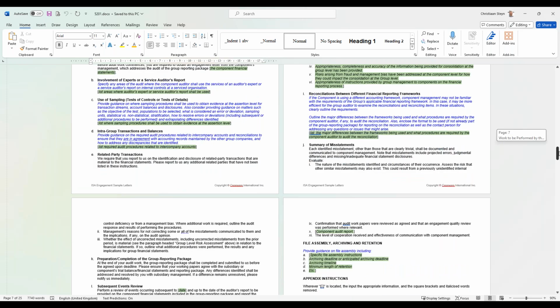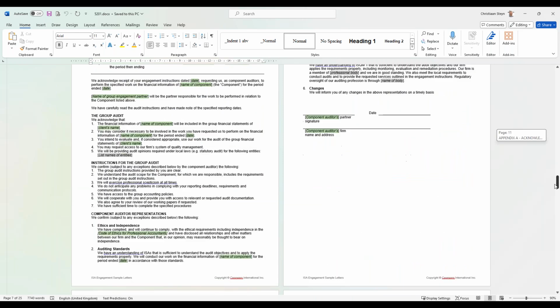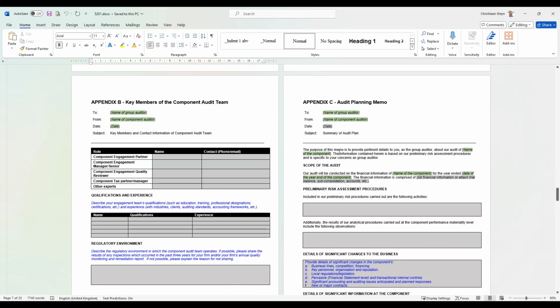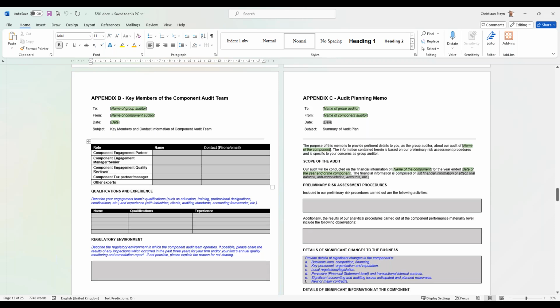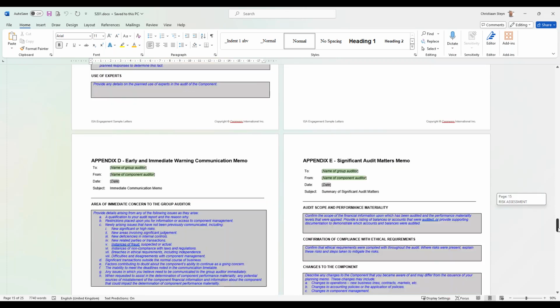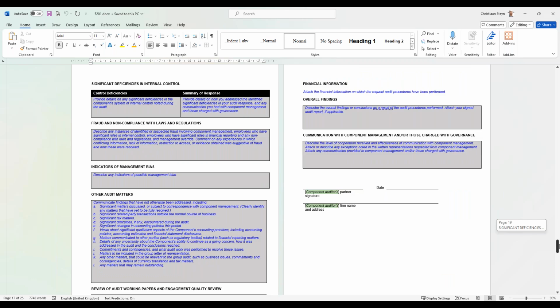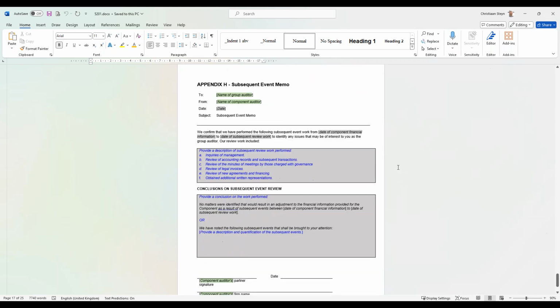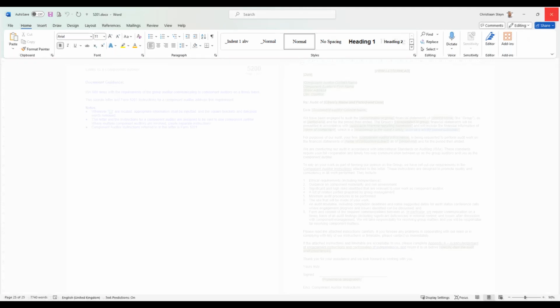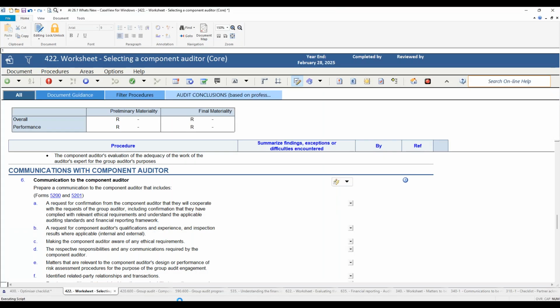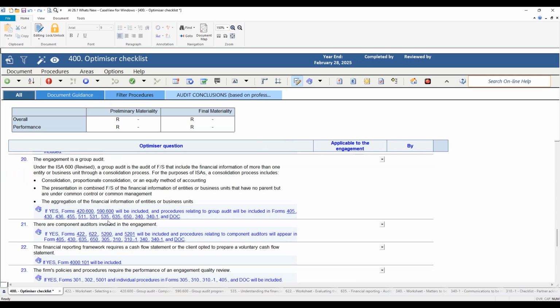So this is a sample letter of the group audit instructions that you can then use. Also important, documenting the key members of the component audit team, planning memo, and then the last piece is your significant audit matters if there's anything that comes up. Okay, then let me close those two documents, and then let's jump to the last one dealing with the component auditors as well, and that is the